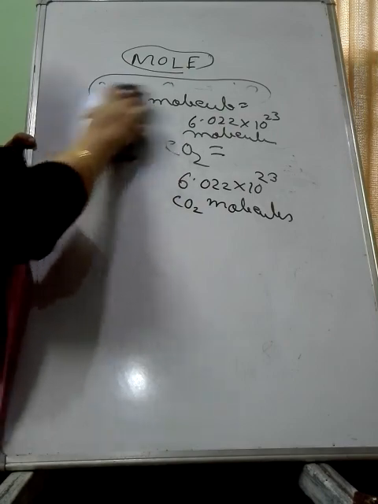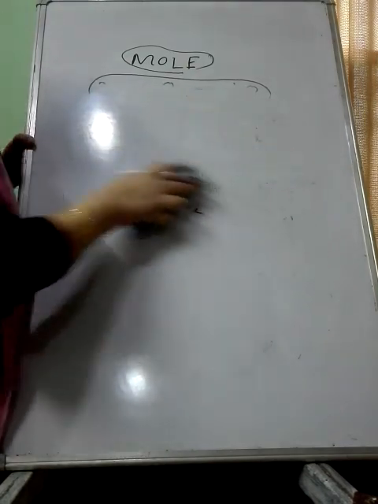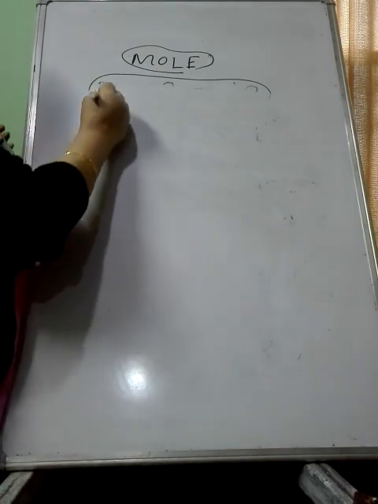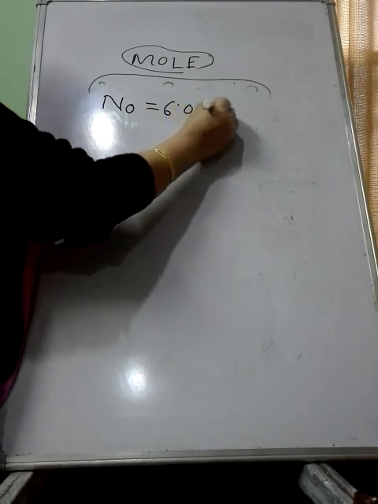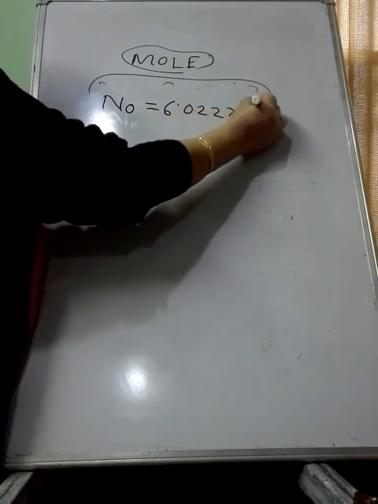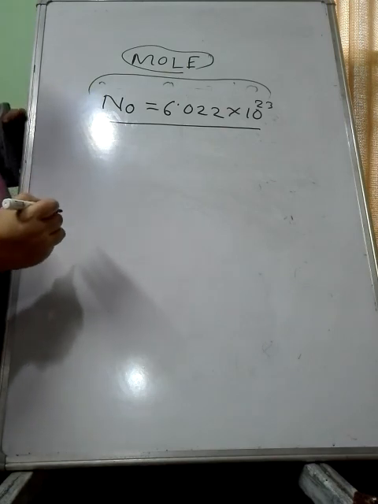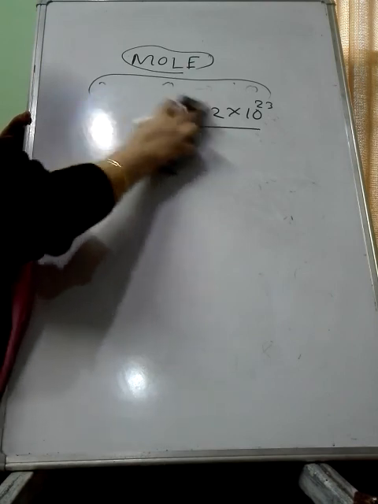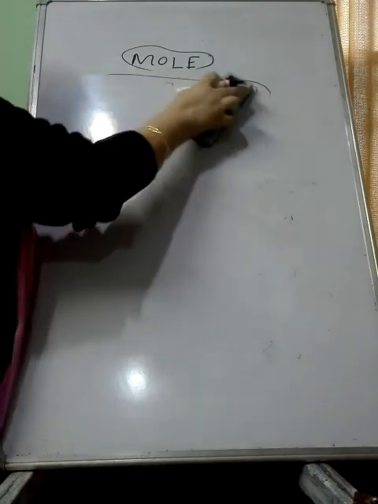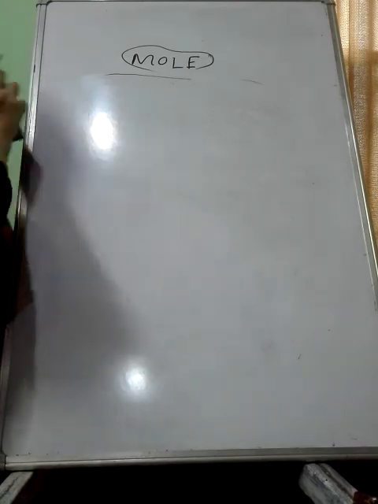This value 6.022 × 10^23 is called the Avogadro number. It is denoted by N naught, equal to 6.022 × 10^23. Also, one more important thing: by calculating experimentally, it is found that